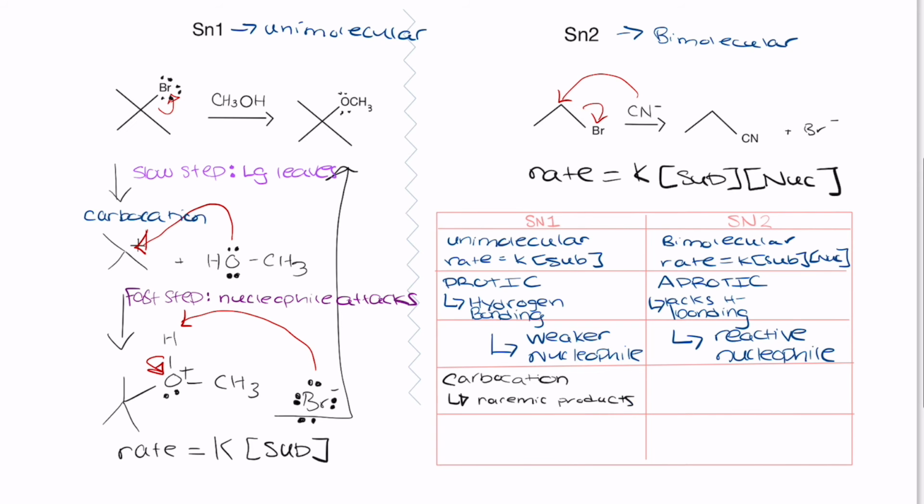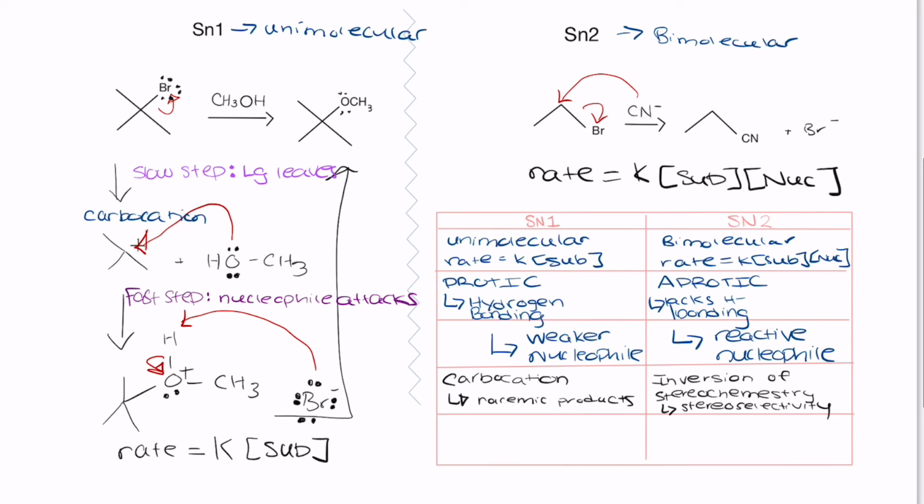Whereas for SN2, we have no intermediate, and the reaction actually proceeds by something called inversion of stereochemistry. And that gives rise to stereoselectivity